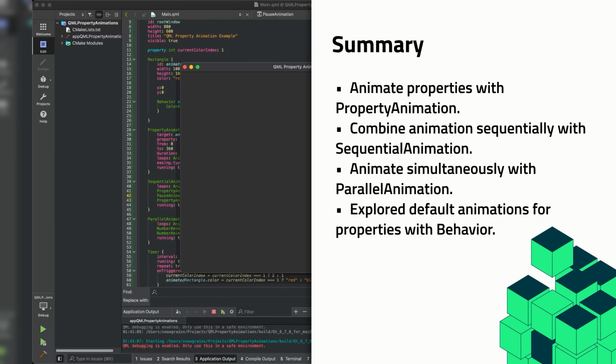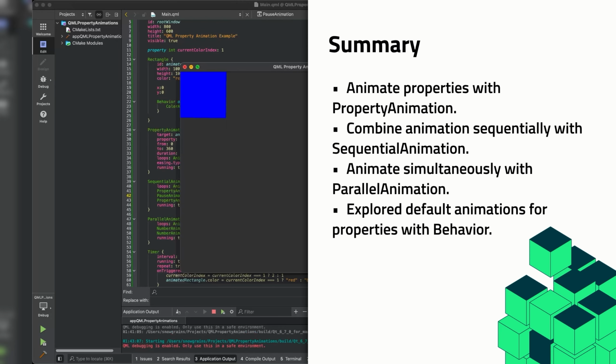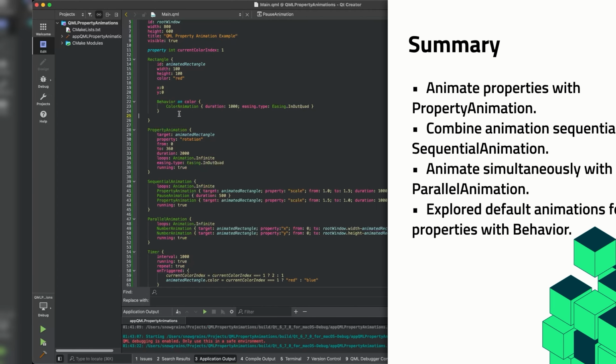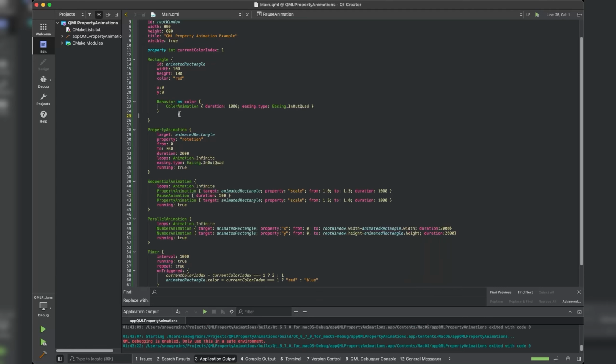In this section, we explored the essentials of animating elements in QML using various animation techniques. You learned how to animate properties directly with PropertyAnimation, chain animations sequentially with SequentialAnimation, and run animations concurrently using ParallelAnimation. We also covered Behavior to define default animations for property changes, and Timer to add automated intervals, creating smooth and dynamic interactions for your UI elements. With these tools, you now have a solid foundation for building engaging animations in QML, bringing your applications to life